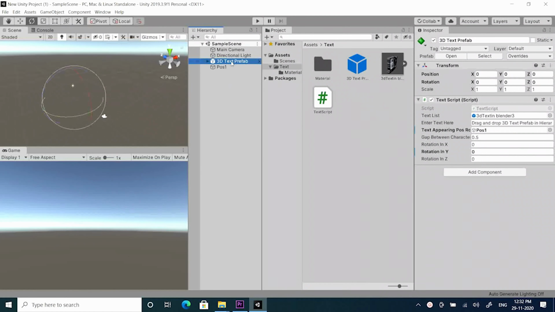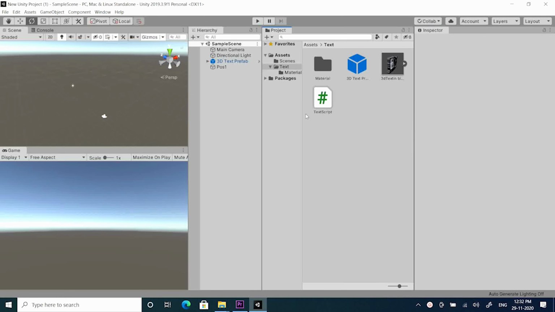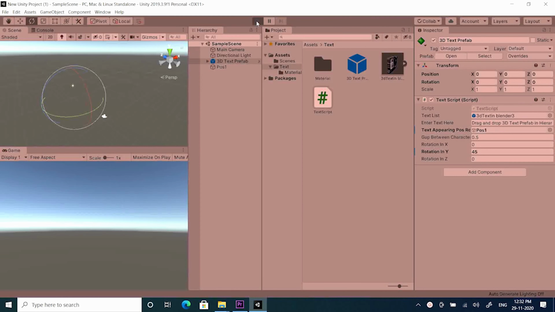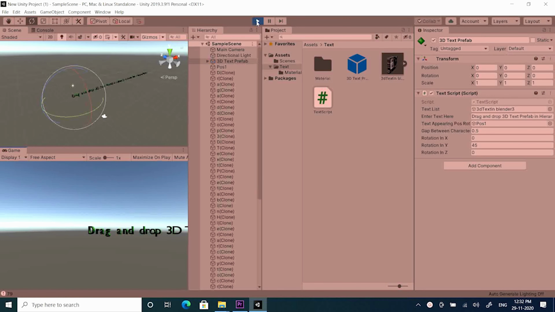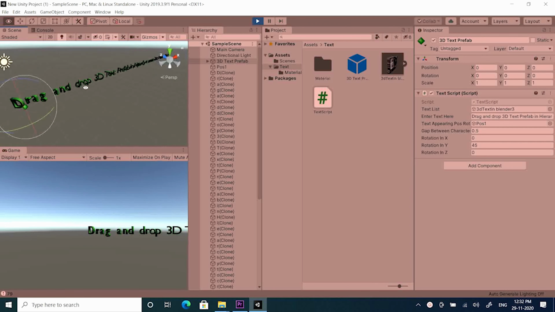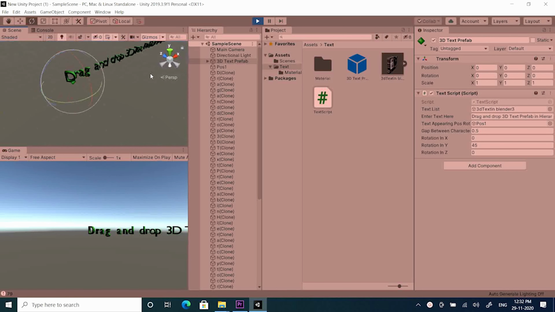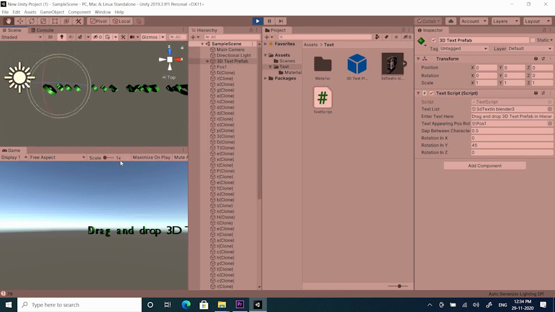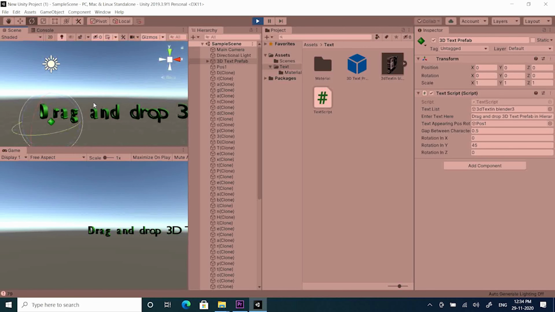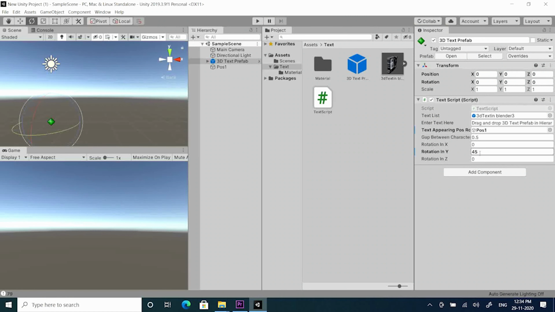We can also give rotation to individual characters in its own axis, x, y and z. Let's give y rotation of 45 degree. So now if we hit run, we will see all characters are rotated by 45 degree on its own axis. Let's clear the rotation.